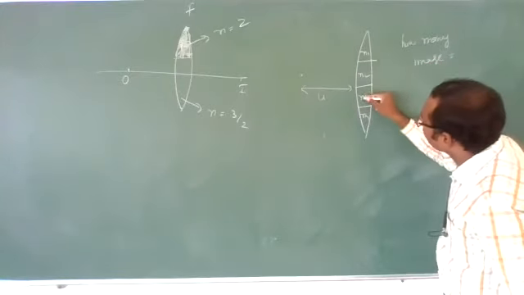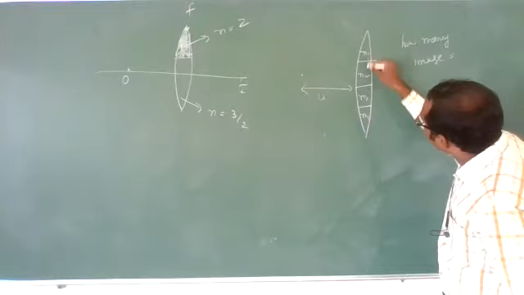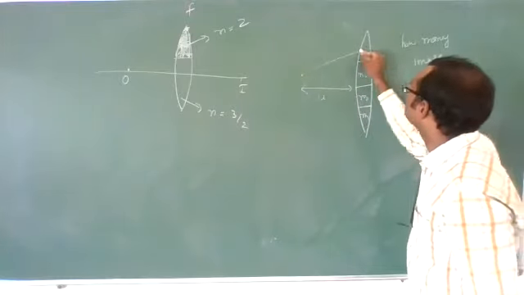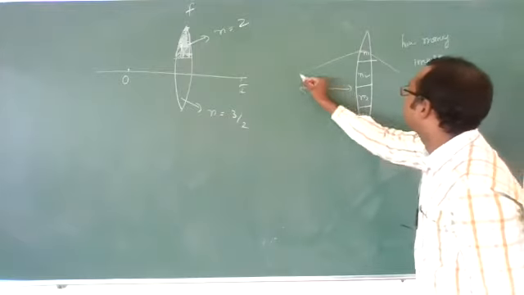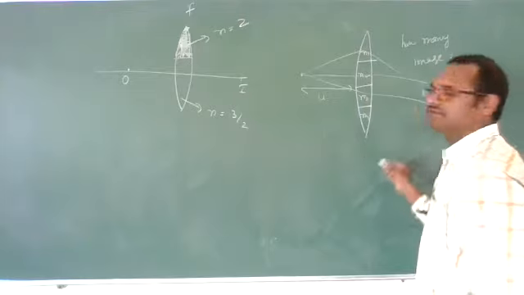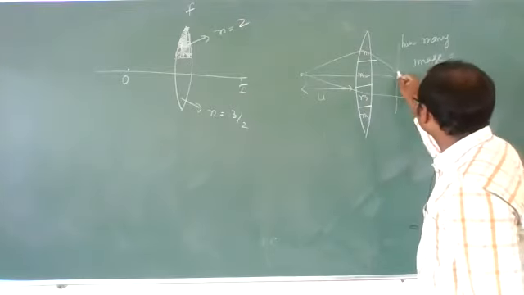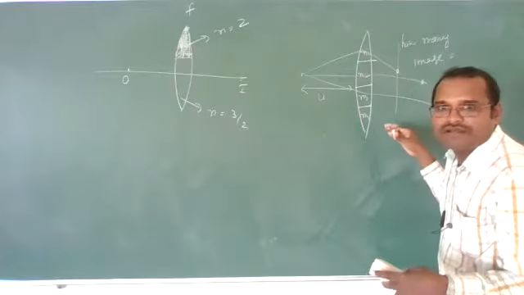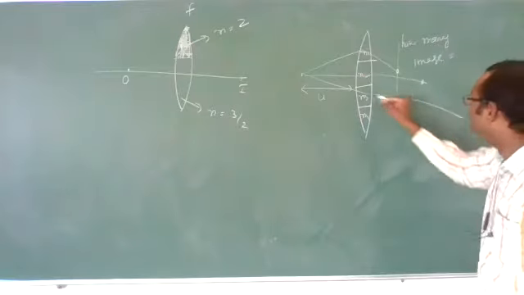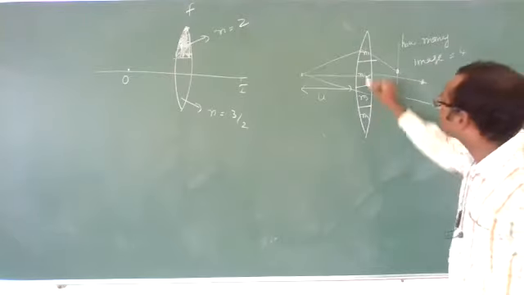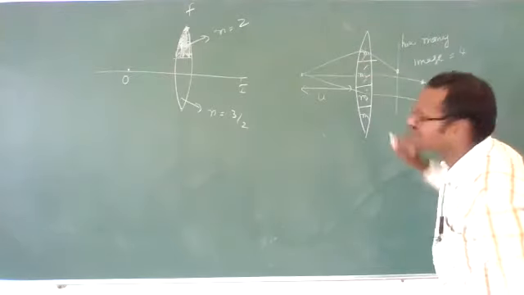Because the refractive indexes are 4 different, there are 4 focal lengths. How, sir? This lens will deviate by different focal lengths. So image 1 due to this focal length will form here, due to this one will form here. Roughly I am doing, okay? Due to this it will form here like that. So the number of images will be 4. That depends upon these medium refractive indexes.